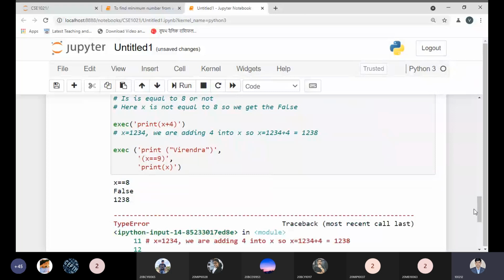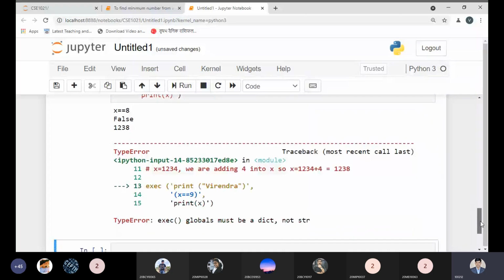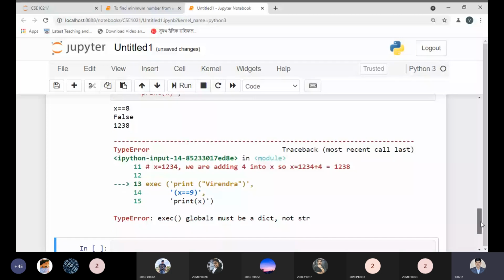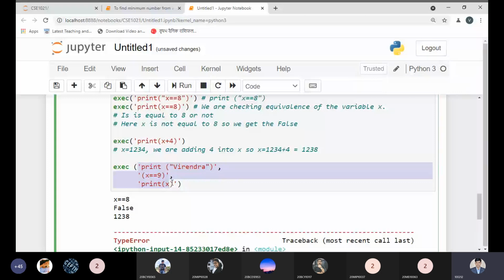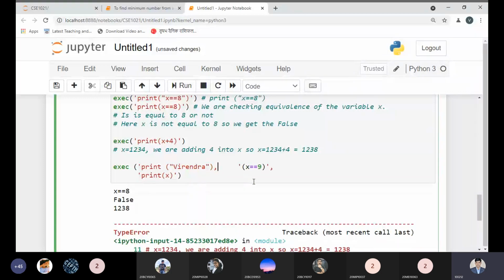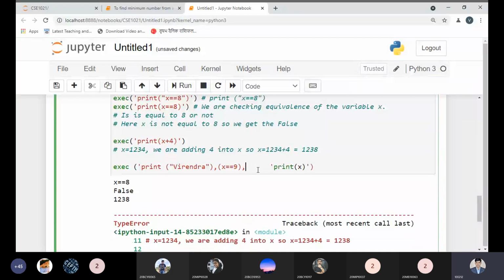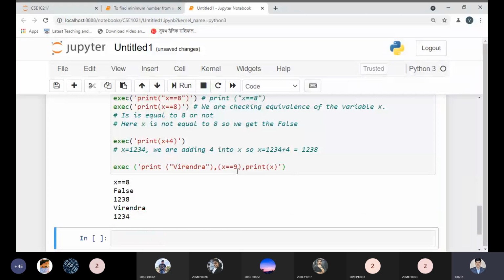It means we want to use multiple, not by separating. So we can do, just let me check. Global must be direct. So here we have to use a list. We can define all these variables in the list, and then we can call it. So it will be possible. Let me use this without this part, like this one, and this one over here, and then this one, and let me execute. Now we are getting the point.